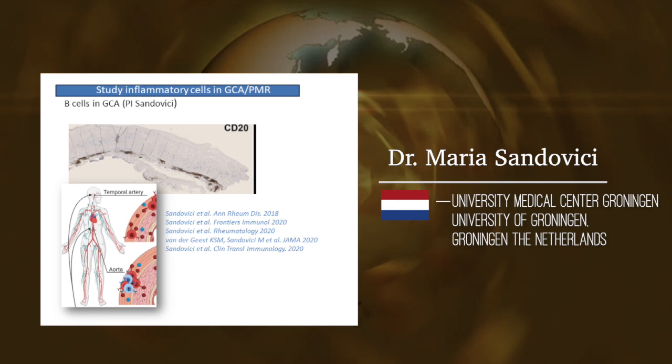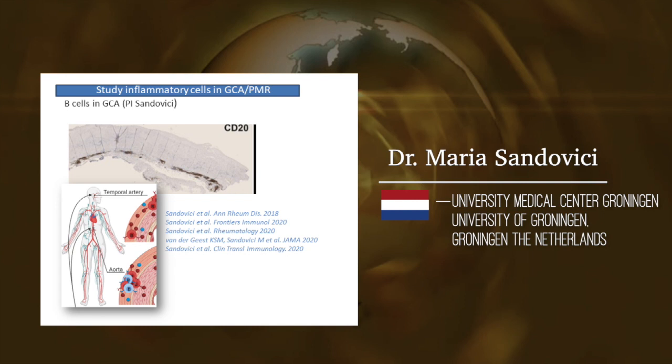I am personally very interested also in another type of inflammatory cells, the B cells. And the B cells are well known for the fact that they are the precursors of the plasma cells, and the plasma cells produce antibodies. Which is very interesting because the B cells